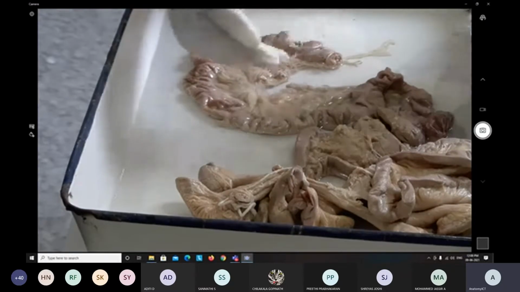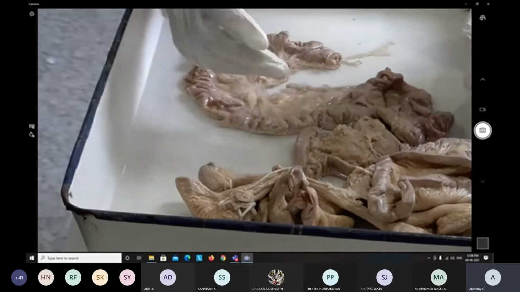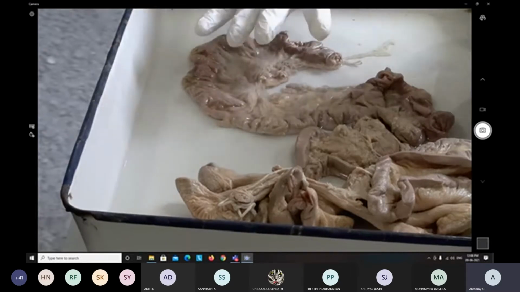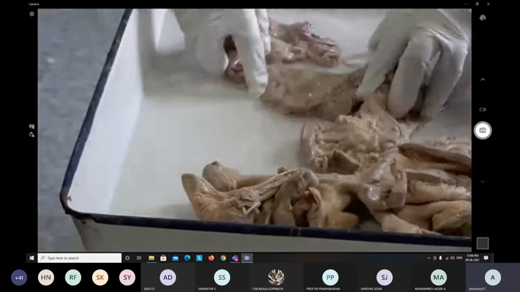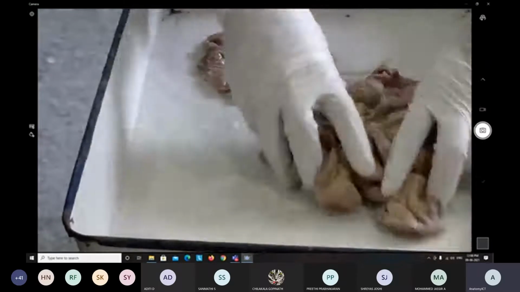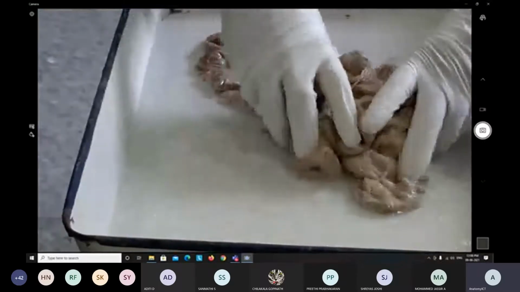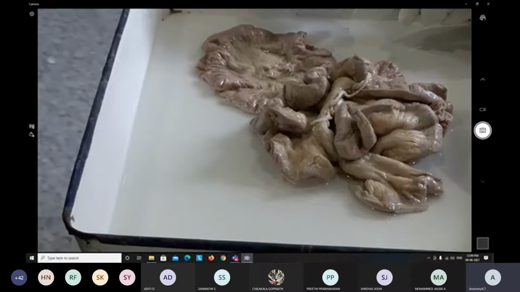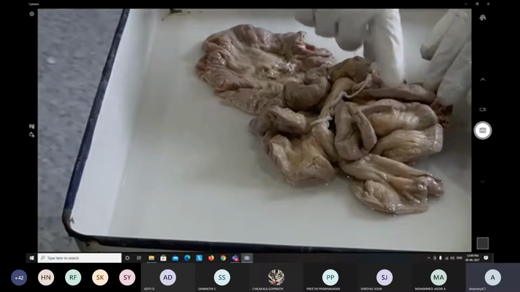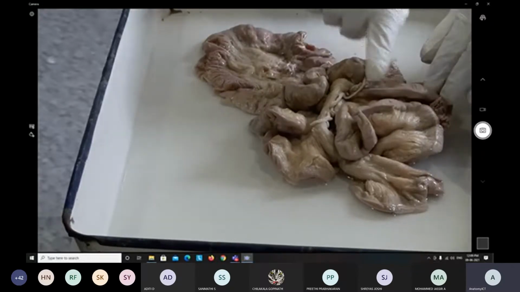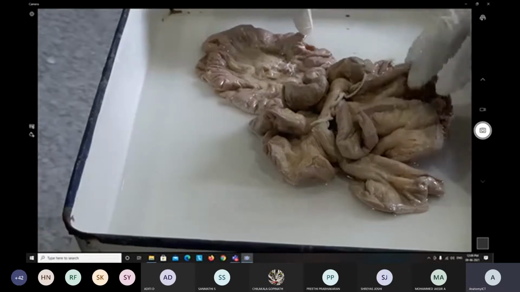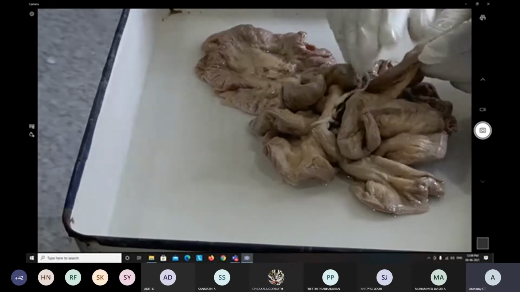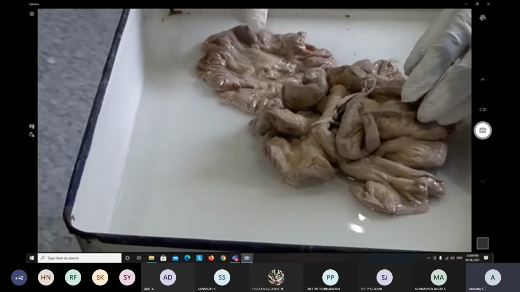When you see the abdomen with the naked eye after taking an incision, you will not see it laid out like this. The whole huge intestine is coiled and assembled within the abdominal cavity. You may also not appreciate this brown layer we are observing here, because the intestine is covered by a layer called the peritoneum.